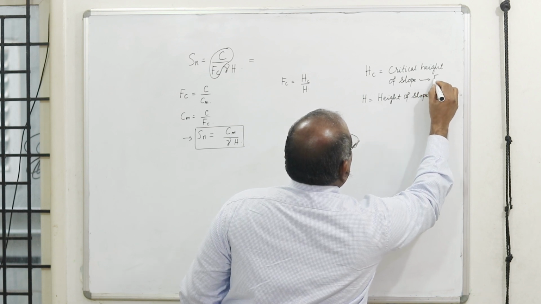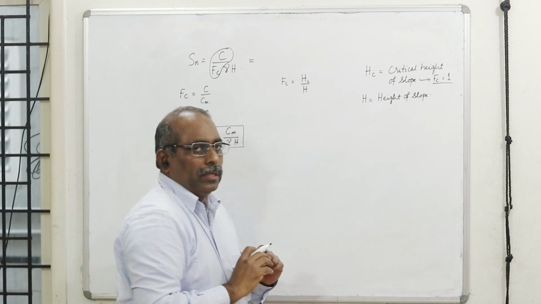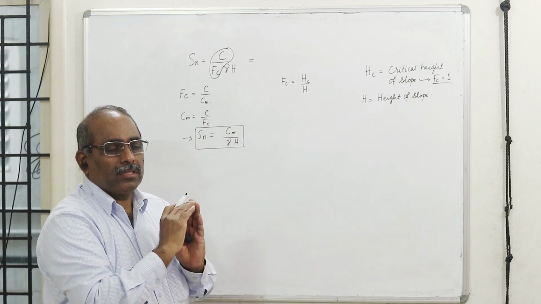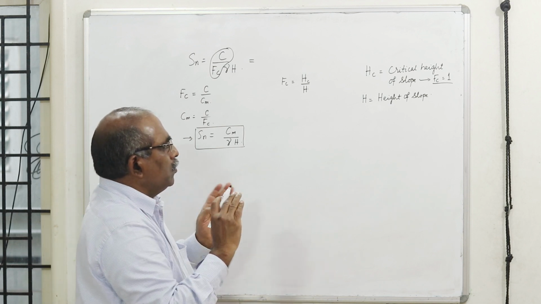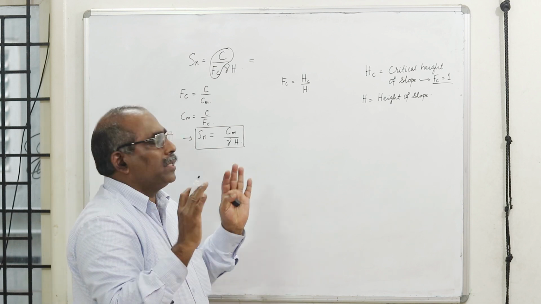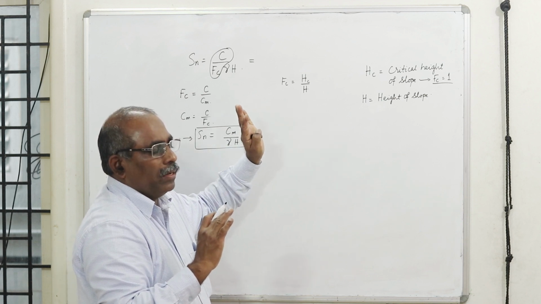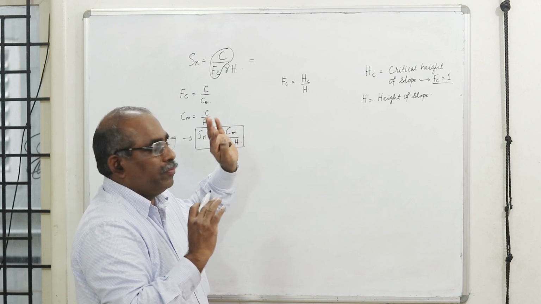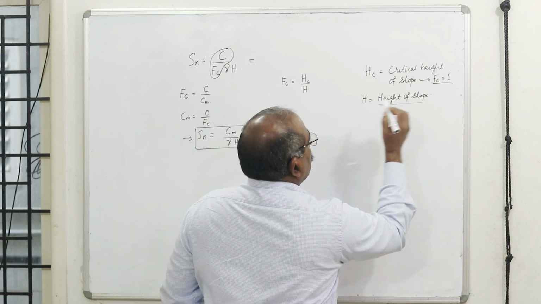This is when your factor of safety with respect to cohesion becomes unity. For that height, your factor of safety is not more, it is equal to one, meaning the resistive force and the driving force are equal. Therefore, it is critical. It doesn't have any additional factor of safety. It is likely to fail. That is the meaning of critical height. This is the height to which you are going to design.